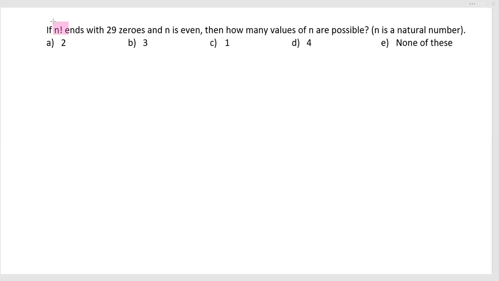If n factorial ends with 29 zeros and n is even, then how many values of n are possible? First of all, we need to check that not every number of zeros at the end of a factorial is possible. Why is that? If I check